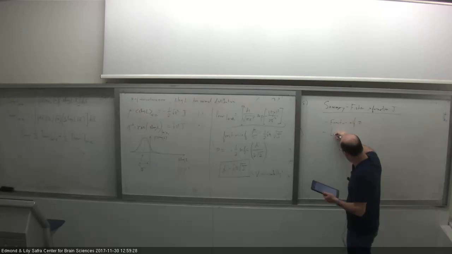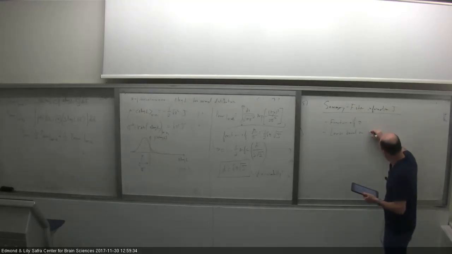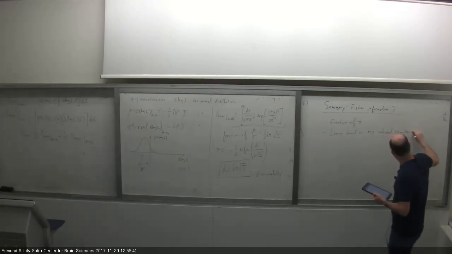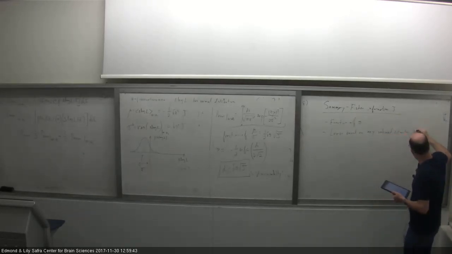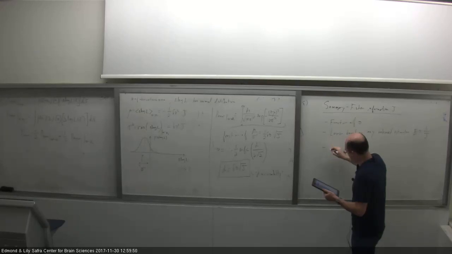So it gives us a lower bound on any unbiased estimator. The mean square error is at least as large as 1 over J. It tells us what is the maximum likelihood, and this is saturated